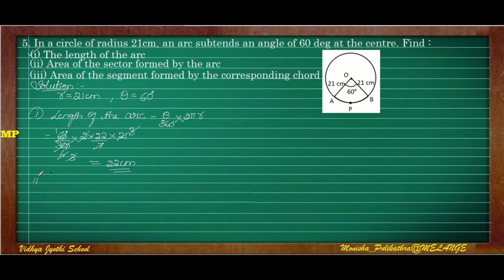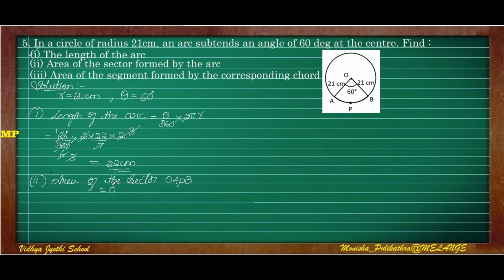So next we have to find out area of the sector formed by the arc. So here the arc is APB. Okay. So this is APB and the area of the sector, this sector, that is OAB. So this is the area of the sector formed by this arc. The arc is APB. Okay. So next we have to find out area of the sector. Area of the sector, I will take it as OAPB. You can find it out. This APB is an arc. So the area of a sector formed by this arc will be OAPB. So this entire thing we have to find out.